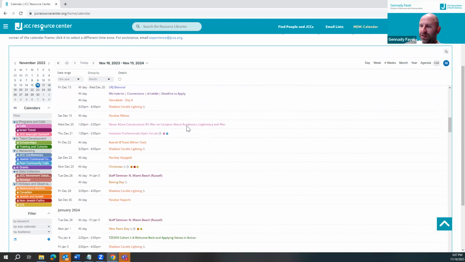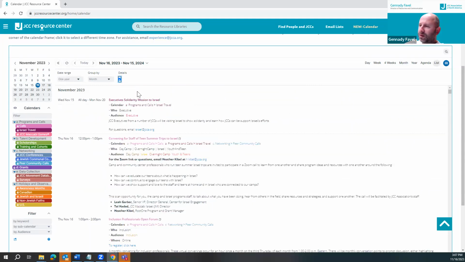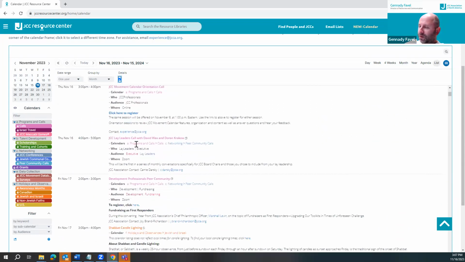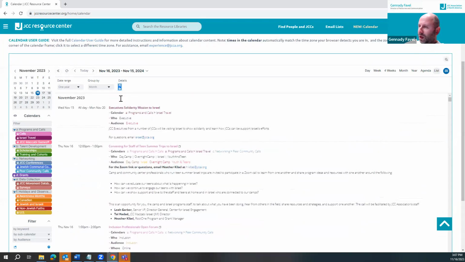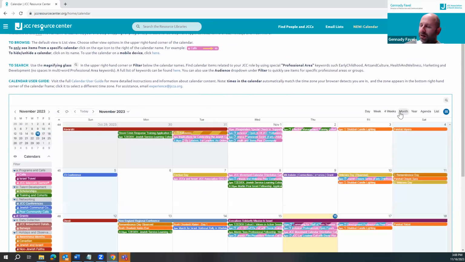Right now we're just looking at the headlines, but if I wanted to, I could add details, and we could see all the details for that opportunity. I'm going to close this here, and go back to the colorful 1 month view.